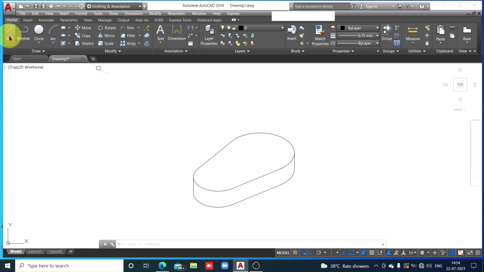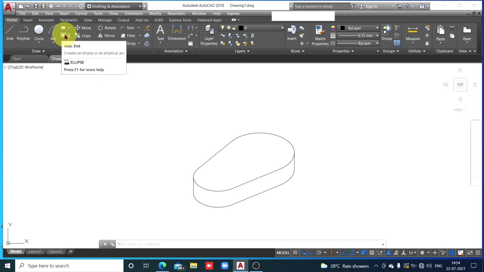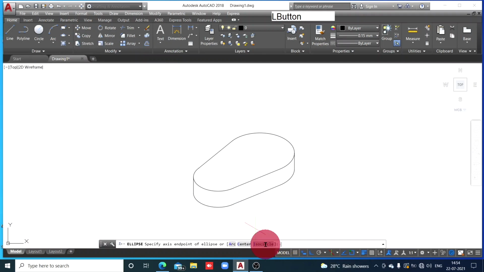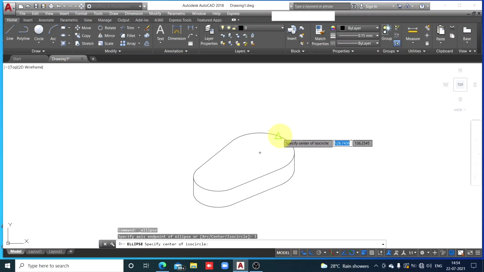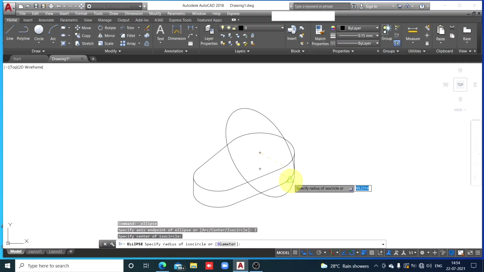Now there is a cylinder, but now not circle but isocircle. So for isocircle, check here, go to ellipse, click on that drop down menu, axis end, click on isocircle here and check the center. Click on the center, and we don't get that circle in the top plane. That circle must be in the top plane. It's giving you wrong circle.